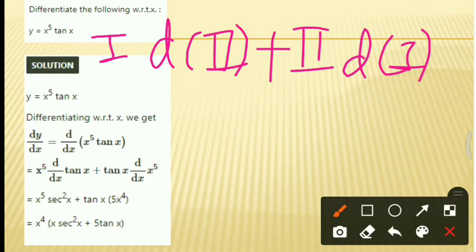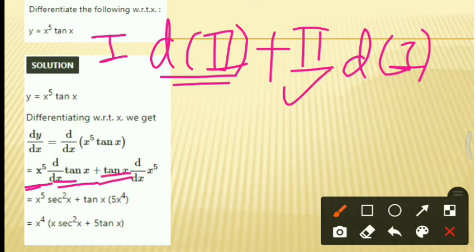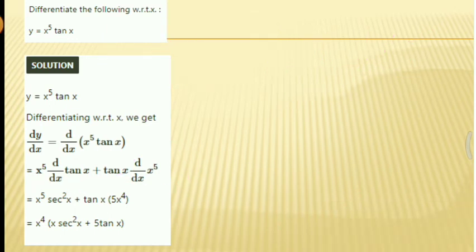So, let us see the step of the solution. First as it is, that means x raised to 5 as it is, into d by dx of tan x, plus second as it is, that is tan x as it is, and d by dx of first, that is d by dx of x raised to 5, is equal to,